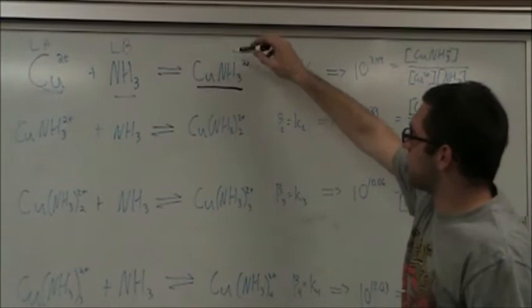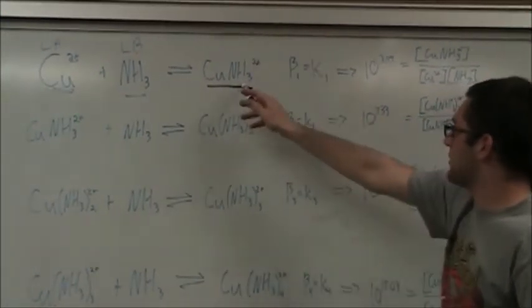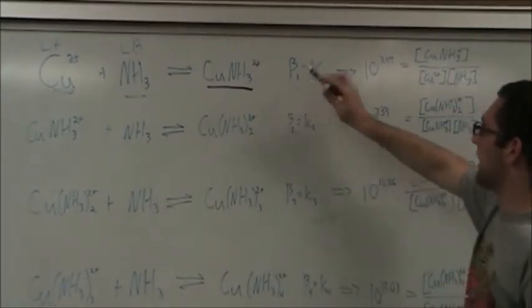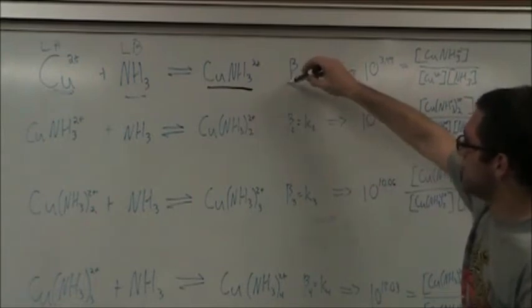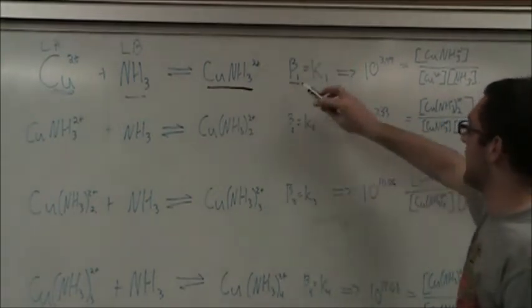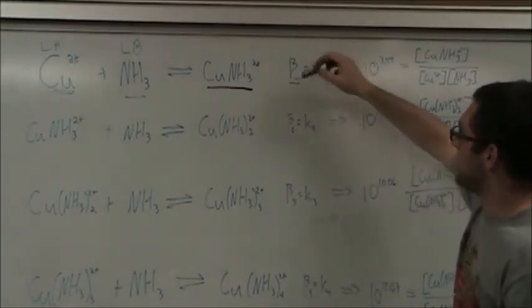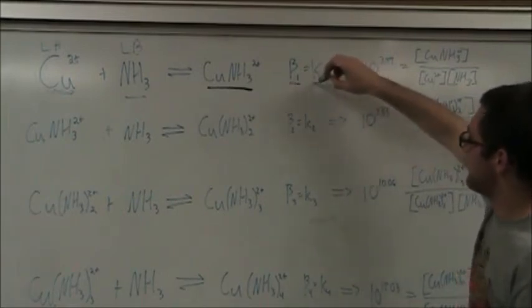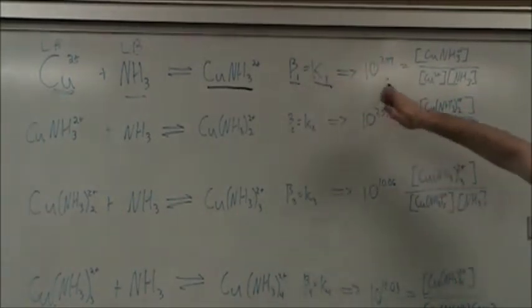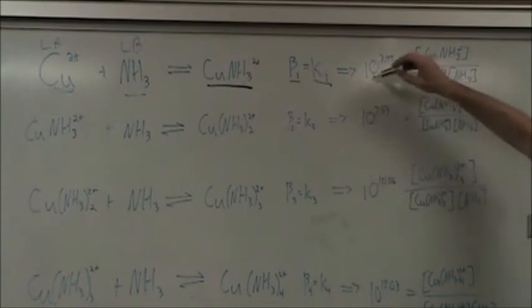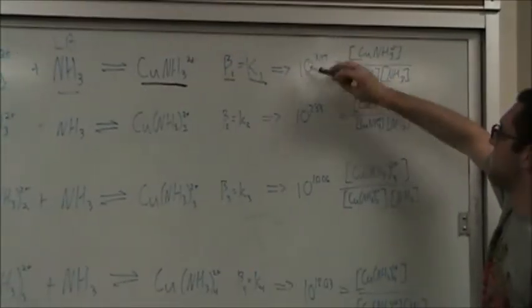And because copper and ammonia have such a strong affinity for each other, you have a compound formation which is listed as B1 as standard value, or beta, and beta 1 is the same as the K, which is the formation constant. The K in this section equals 10 to the 3.99,